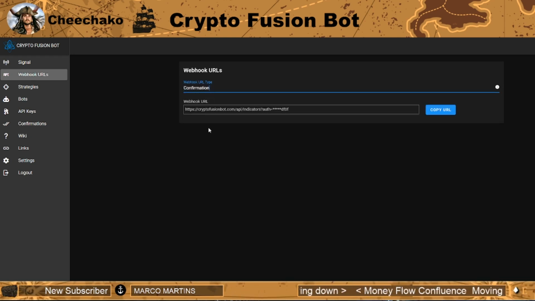The other one would be a confirmation. Let's say I wanted to add a confirmation to make sure I see a divergence or money flow or EMA or whatever. I want to make sure that I'm using the indicators URL. So I come in here and I could take the confirmation webhook URL. I just want to make sure it says indicators. Yet again, you'll get an error if you try to send an open to an indicator and an indicator to an open. But these are the three types of webhook URLs that we use to communicate with our bot,